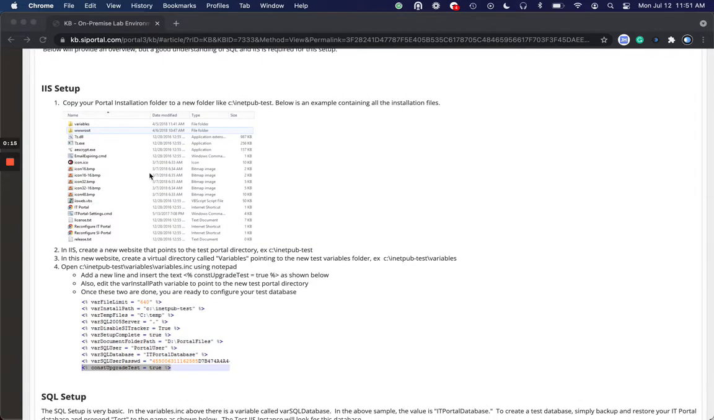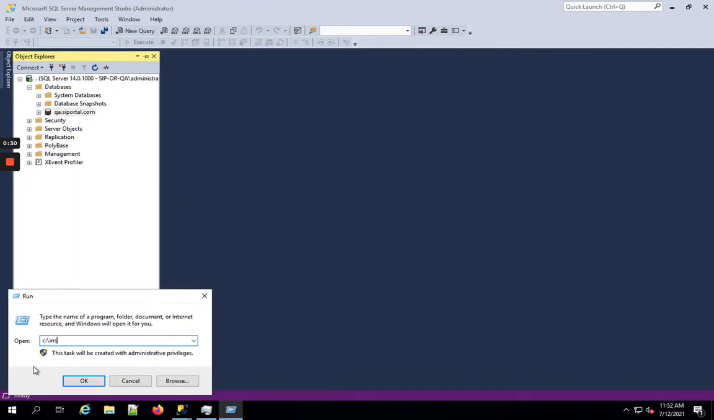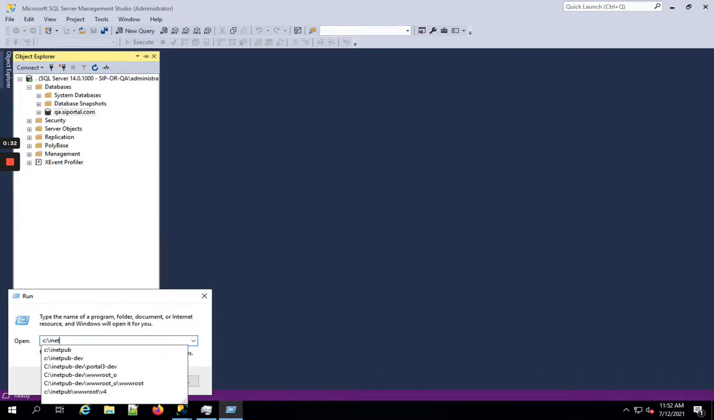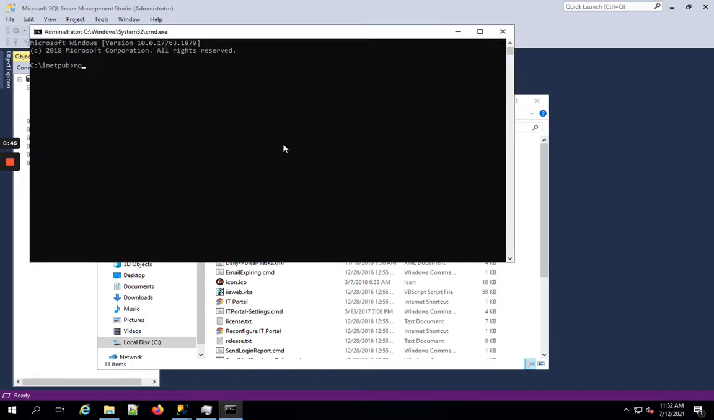So the first thing we want to do is copy the Portal installation folder to a new folder like this one right here. As you can see here, we provide a screenshot of what the content should look like. Typically in our installs we install to INET-pub, and if you see these folders here and all the contents here, then you should be in the right folder. I'm going to go to command prompt and I'm going to robocopy